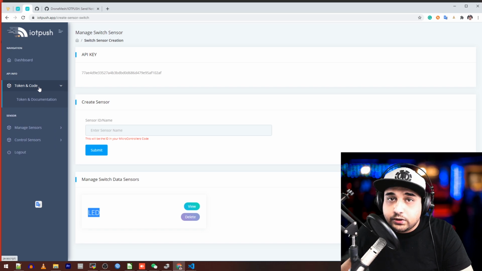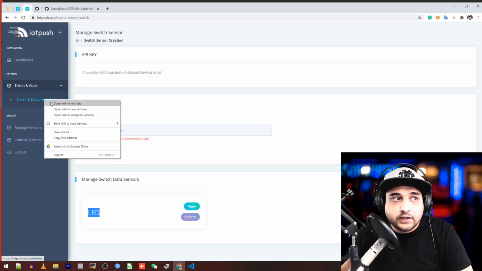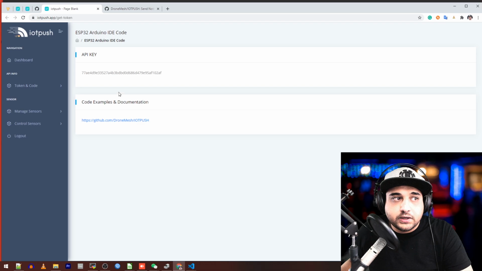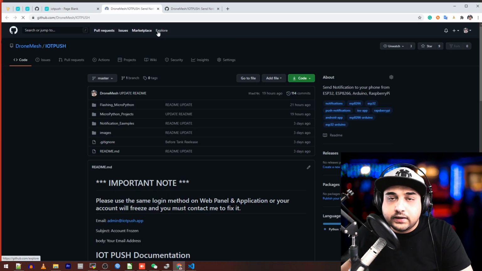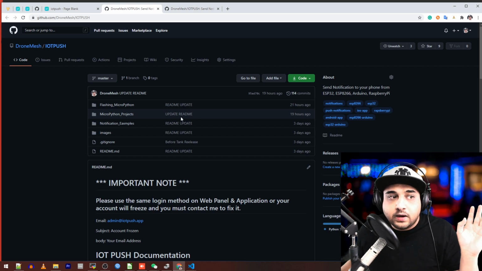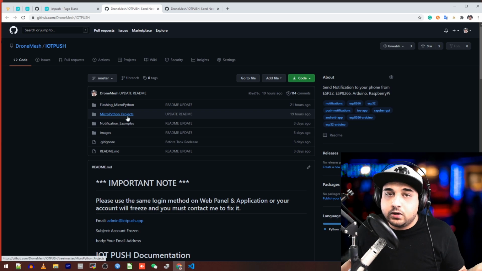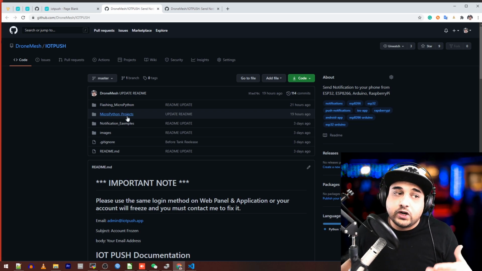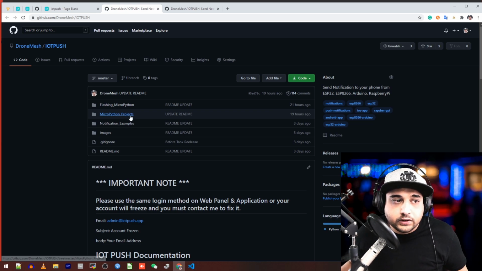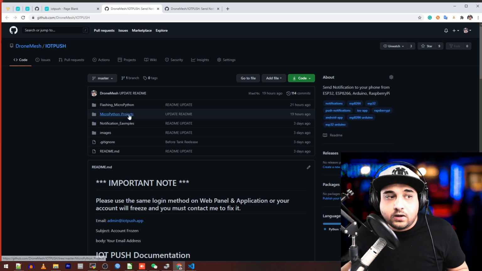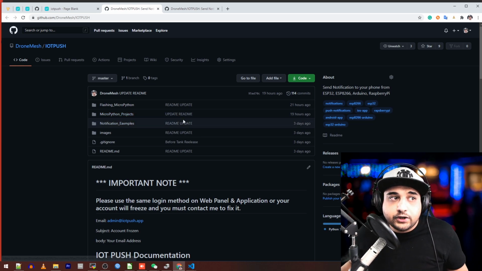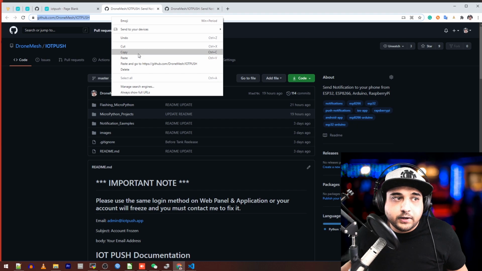Next thing we want to go to is token and documentation here. So let's go ahead, token and documentation. And we see this link right here. We're going to go ahead and open it. It's going to take us to the GitHub repository. Now, this is where all the projects will be. And if you ever need any project, this is where I do them before I upload the video. Actually start writing on these before I upload the video, so you can actually follow along on this page. So what we're going to do is take this link and copy it,